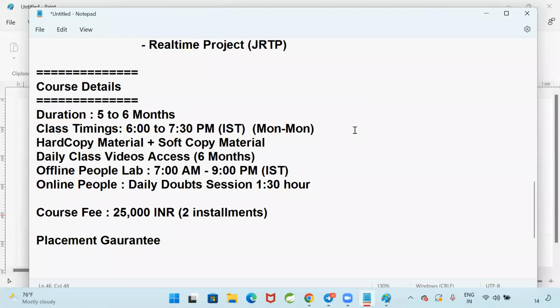That is the reason Sunday is not a holiday. On Sunday, we should be more productive because those people cannot come on the weekdays. They are working, so they will come on Saturday and Sunday. So on Sunday, you should be present in the institute. Okay, guys. You need to give me 6 months, then you will get a very wonderful opportunity.